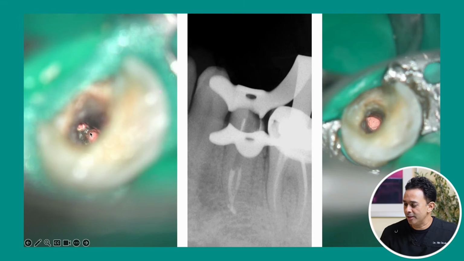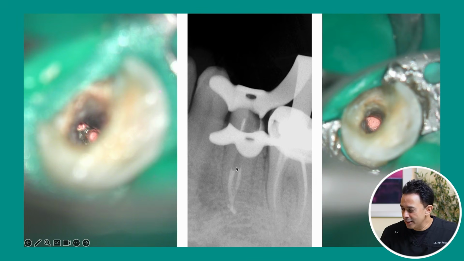The next factor to consider is restorative considerations. Now, when you restore these sort of cases, the problem with these sort of cases is that the coronal part tends to get weakened. So if you look at this image here, you can see there's two canals here which are obturated at the bifurcation level. But if you see the part of the tooth from here coronally is kind of weakened, right?